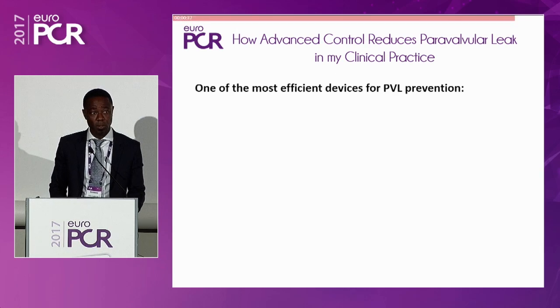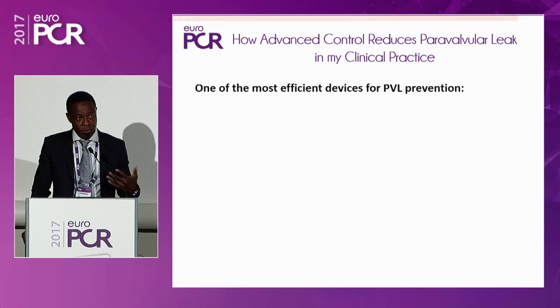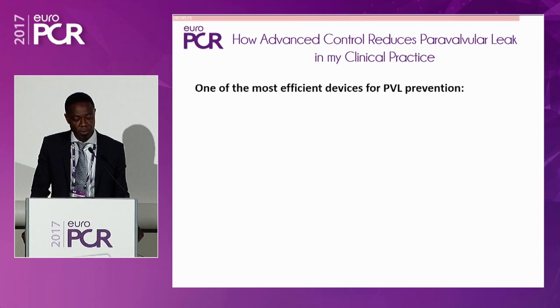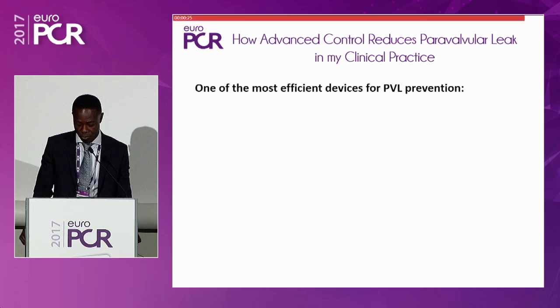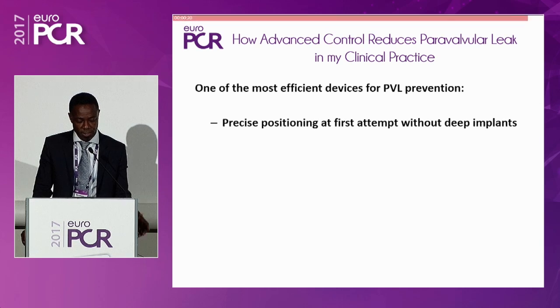So 40 seconds to conclude, and quite briefly, I have to, I'm not from Boston, I'm a physician, but clearly we have to accept that the LOTUS and particularly DevQuad and the Edge are one of the most efficient devices for PV leak prevention. And this is due to various levels of control, precise positioning at first attempt without deep implants,